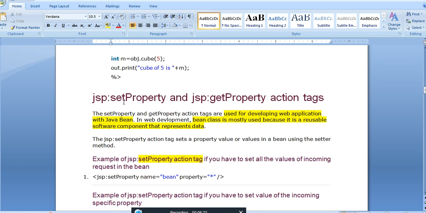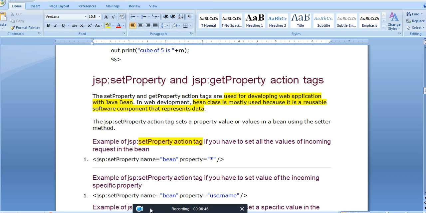executes it. Now the setProperty and getProperty under JSP are used for developing a web application with the Java bean. We use the set and get property action tags at the time of developing a web application with the Java bean. When we use the Java bean, it utilizes the set and get properties. Now, the example of setProperty: if you have to set all the values in an incoming request in the bean,